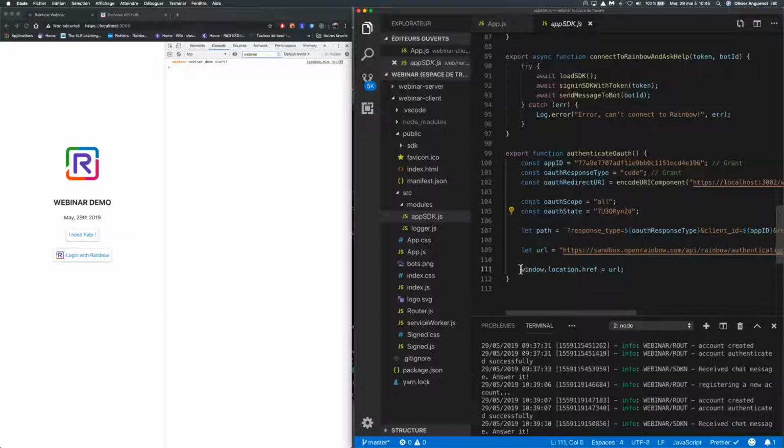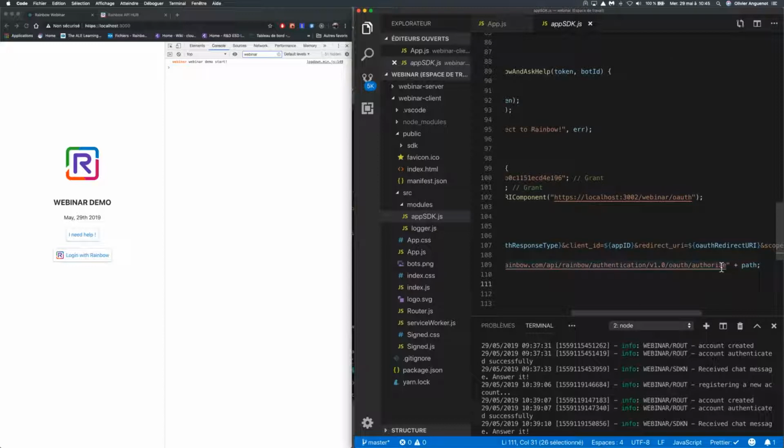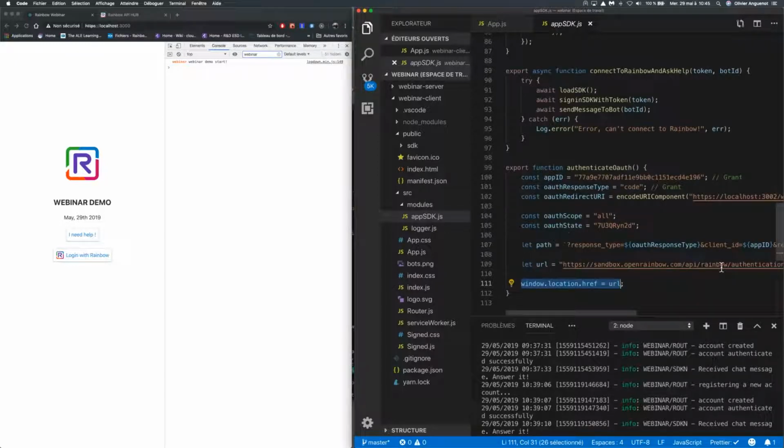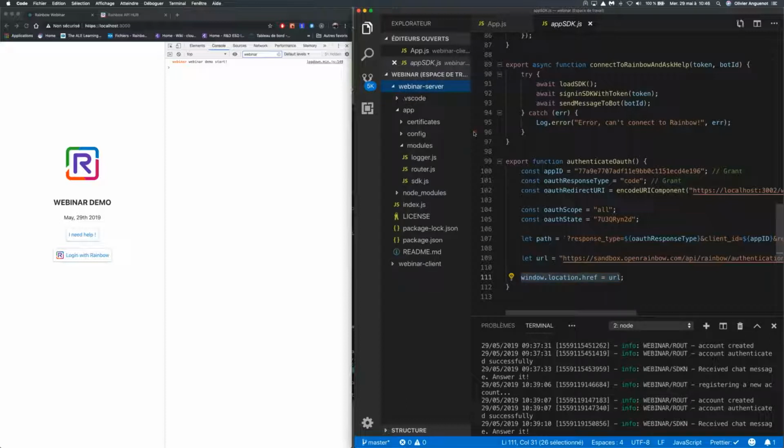So in fact, it is a Rainbow API for the OAuth authorization. And that's all for the client part. You will see that on the server side, once Rainbow authenticates and authorizes that user, it will call back your server.